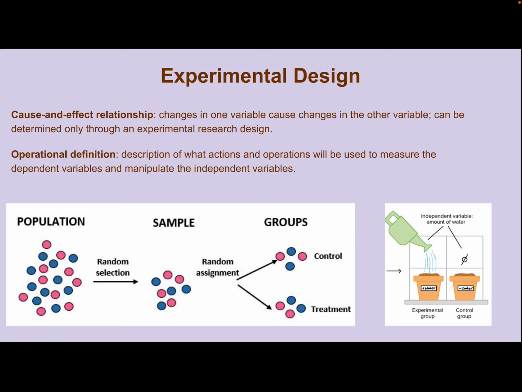Next one says the number of pieces in a puzzle versus the time it takes to complete the puzzle. This could also be a true experiment, right? The time it takes to complete the puzzle depends on the number of pieces in the puzzle, making the number of pieces the independent variable. Can it be manipulated? Yes. Experimenters can give different groups of people different puzzles with different numbers of pieces and see if the puzzles with more pieces take longer to complete. That would be a true experiment.